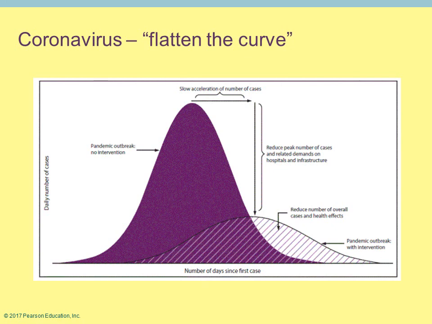When we say we want to flatten the curve, we would rather see the curve that has the slash marks in it. Delay the increase in the number of cases. If you can delay it, and don't have that interaction amongst people, that prevents more people from getting sick, so you have the number of cases decrease.